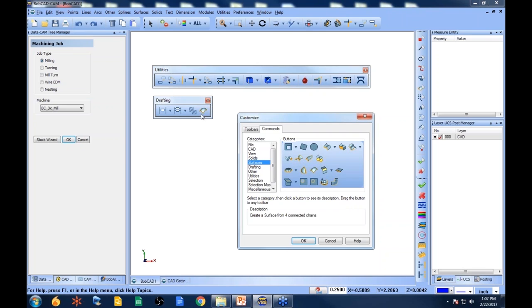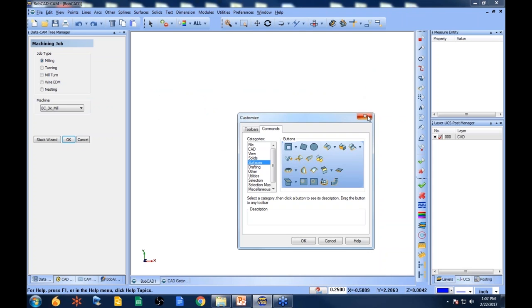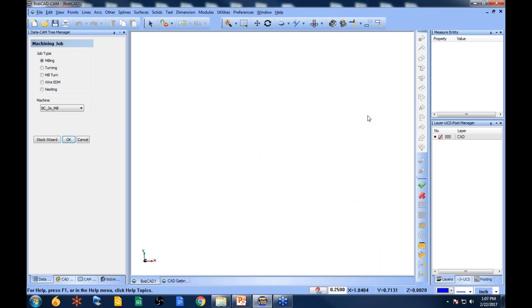That's one way you can do it, but you can also drag one from one toolbar to the next toolbar as well. This way you can consolidate and have one toolbar that has 3 or 4 options that you may need, or you can remove options that you may not use. Okay, so again, just another level of customization, and it is something that I do recommend you get familiar with